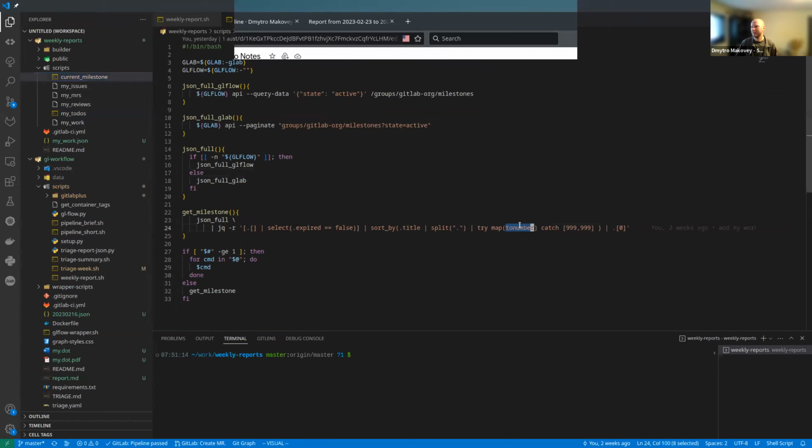Anything that cannot be mapped to a number, I just give the dummy version 999999, so it goes way below. Then I grab the first from the top, the youngest version, so to speak. That's how I determined that 1510 is my current